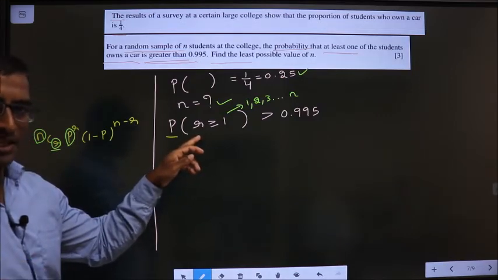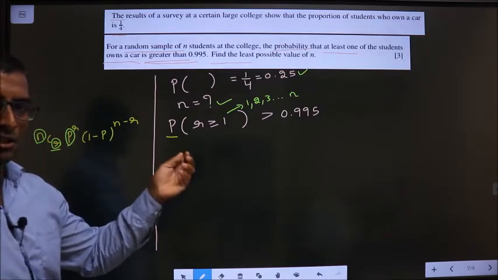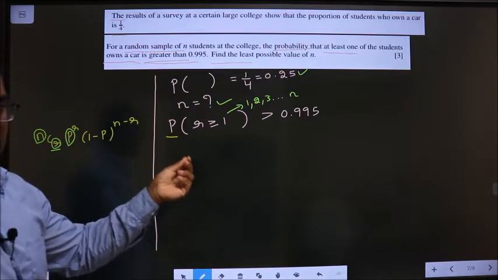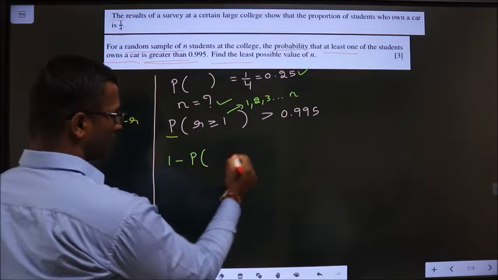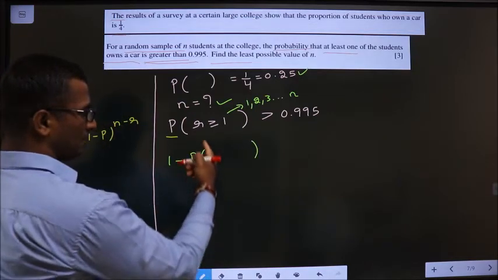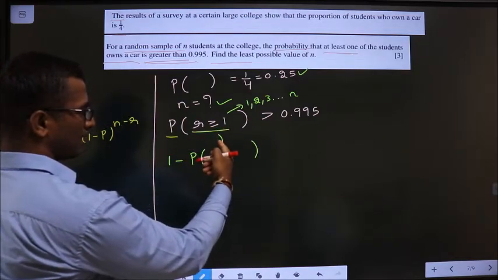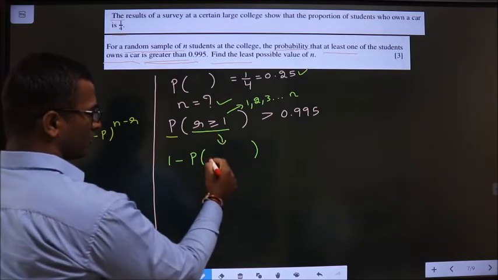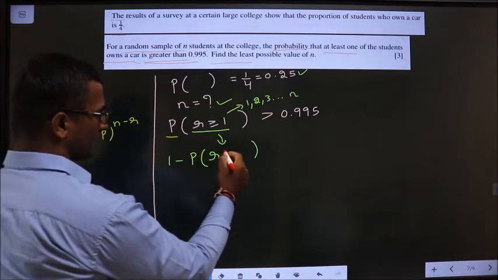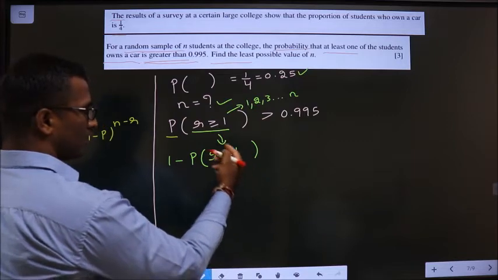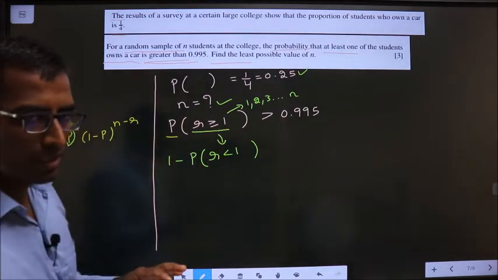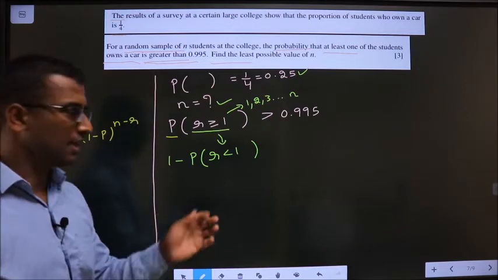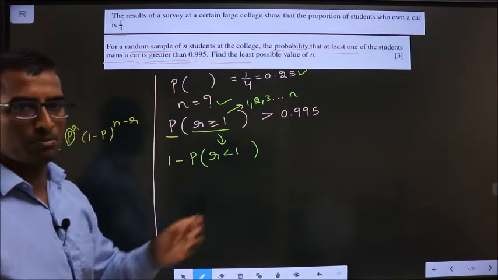So to decrease the values for r, I should do this step, and that step is, I should do 1 minus. So whenever you are doing 1 minus, write the opposite of this condition over here. So here r is greater than or equal to 1, so make it less than 1. Here equal to is present, so you don't put equal to here. Clear? We do 1 minus, then in the bracket we write the opposite of the condition.